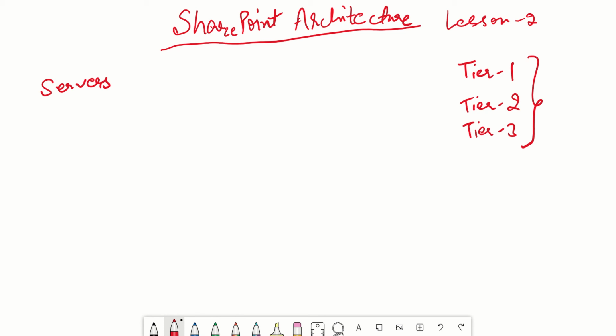What type of servers are required in SharePoint architecture is the second thing we are going to talk about. And the third thing is how exactly we define a server, how we say that these many servers would be required. That is something we are also going to talk about. Also, we are going to extend this video a little more on understanding how we decode a SharePoint site, and in terms of URL, how exactly URL designing happens. All right, so let's talk first of all about the